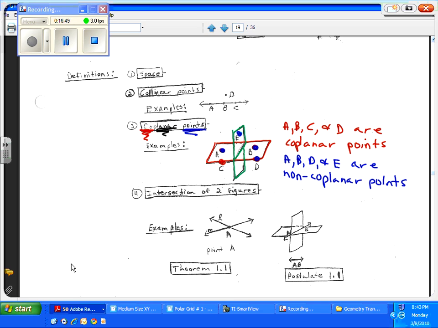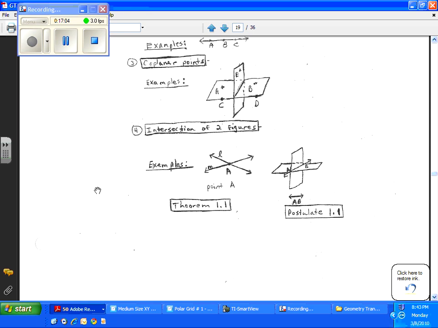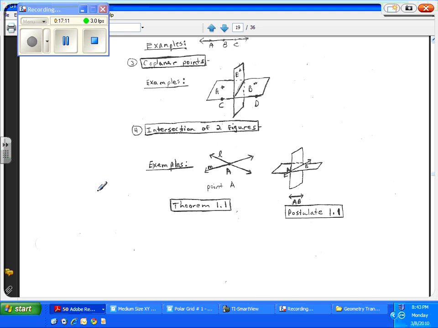We have 3 undefined terms: point, line, and plane. We have the first definition, space, which is the set of all points. We have collinear points, points together in a line. Coplanar points, points together in a plane. And now we get to the definition of intersection and our first postulate and theorem that follows from that concept